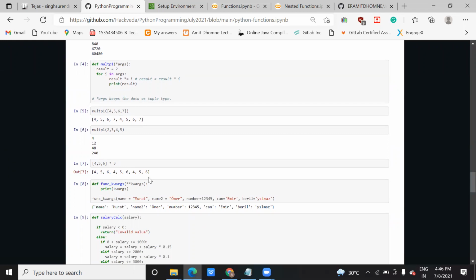Now in the case of a tuple it's also like that. If you take two parentheses, then this single parenthesis will act as a single entity. Do you understand what I'm saying? Is it clear or looking complex? Yeah, it's clear. So when you pass the whole list as a single entity, it will just create a copy of the values 4567 4567.